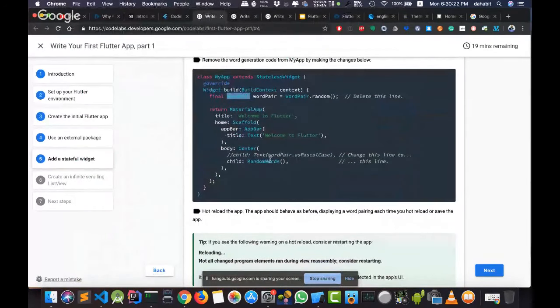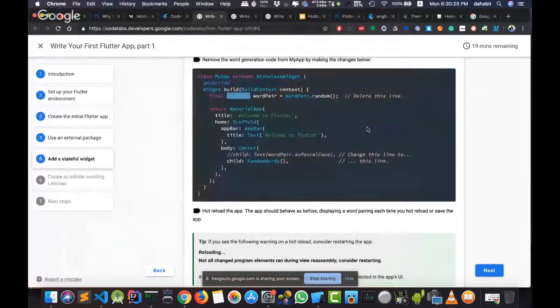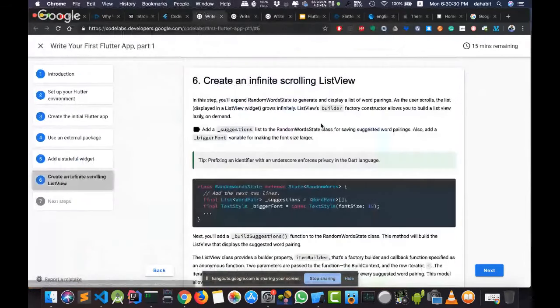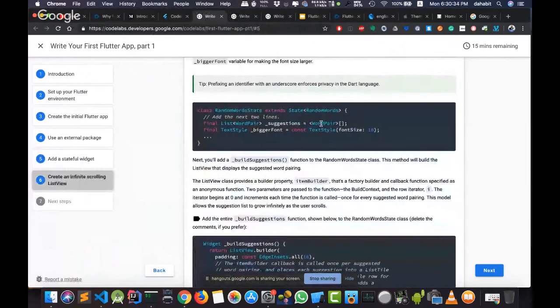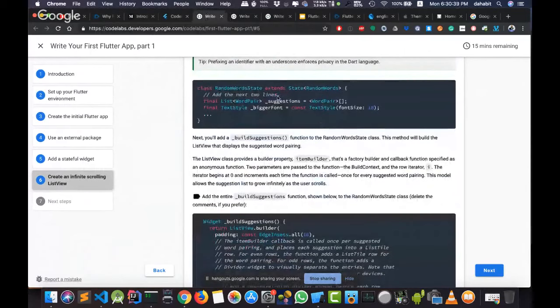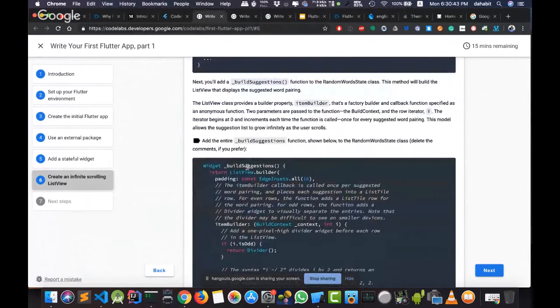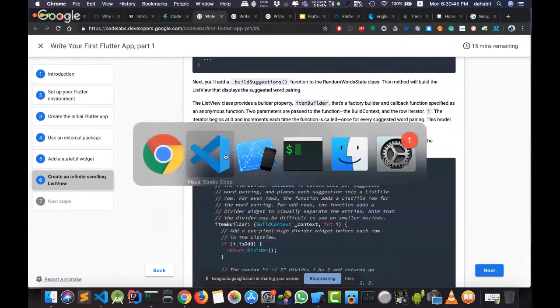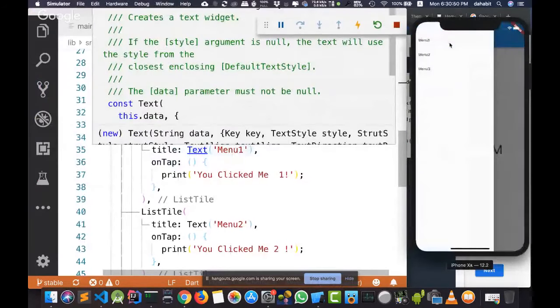And this widget, my app calling random words, we already finished all this part. And now we will go to one of the most important widgets that you will use during your application lifetime, which is the list view widget. We already gave an example about list view, I think, inside our menu here. We built our drawer, and inside our drawer, we already wrote a list view.